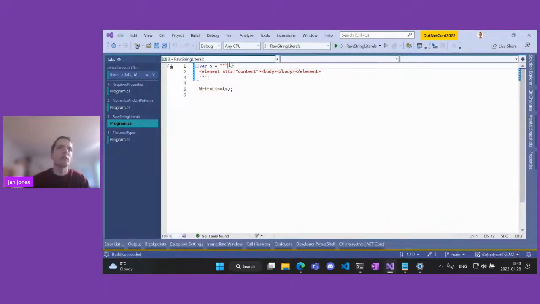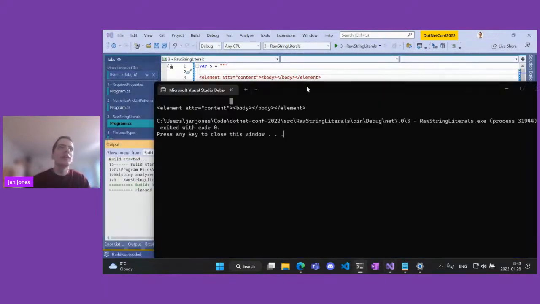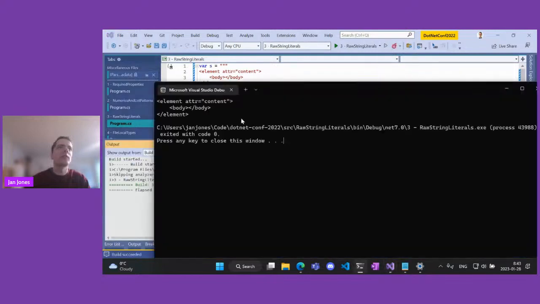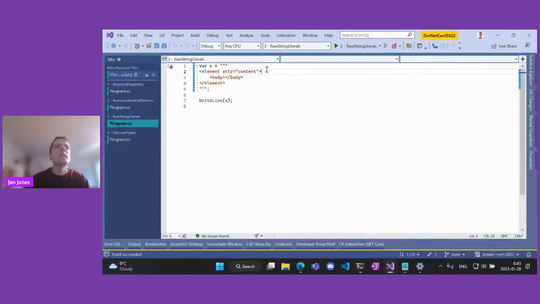So it's actually a nice way to format your code. If you wanted to have the first new line, for example, you could put it there, but it's not there by default. And yeah, the other way this is nice is I can format my XML, for example, like this, right? It just works.